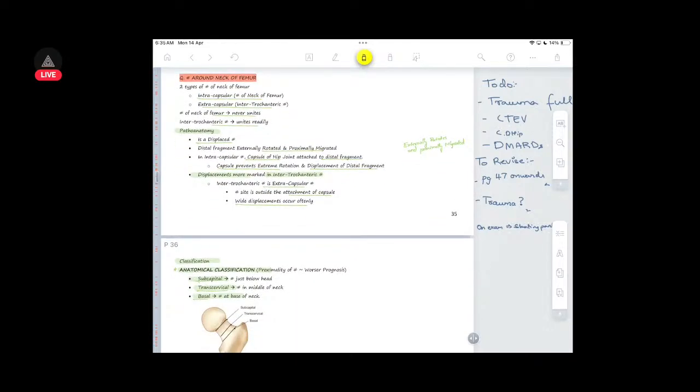Then fractures around the neck of femur. We have two types of fracture of the neck of femur: intracapsular fracture of the neck of femur and extracapsular intertrochanteric fracture. An intracapsular fracture of the neck of femur will rarely unite, while an intertrochanteric fracture will unite readily